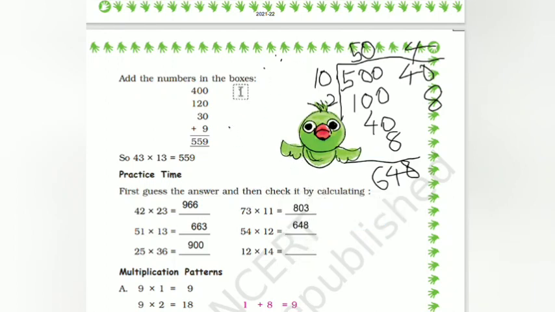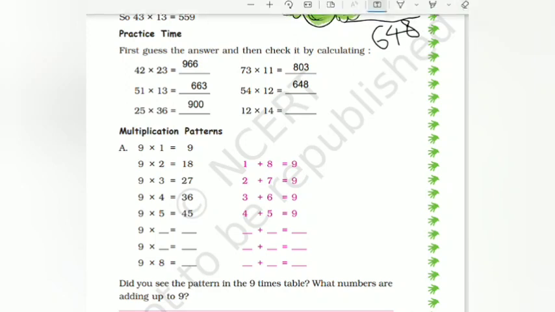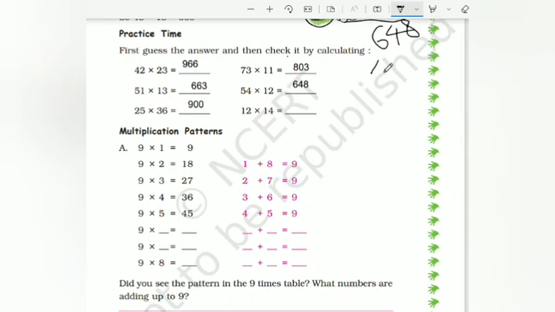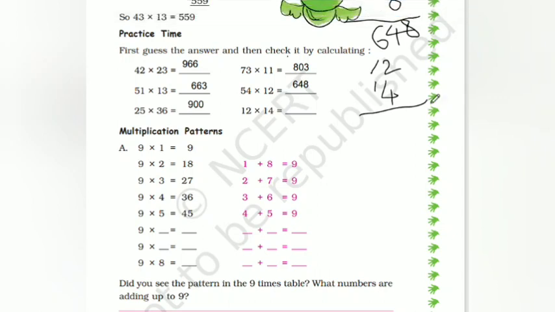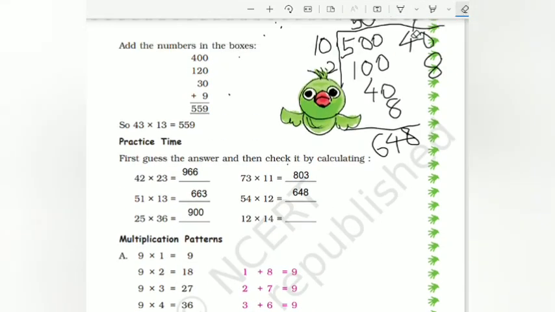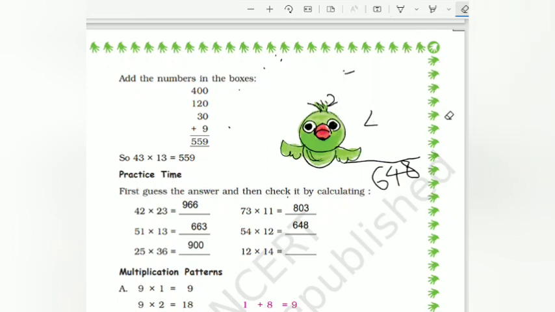12 times 14. How much is that? So what will we write here? 12 times 14. 4 times 2, that is 8. 4 times 1, 4. In this method we have to do... Sorry, the method is changed. We have to write it in the simplest form. Okay, 12 times 14 can be written as